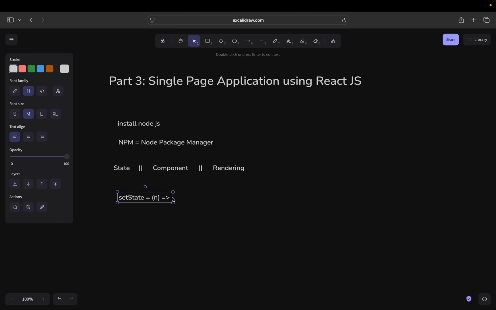And what we are doing over here is we're just checking the type of n. If n is equal to function,